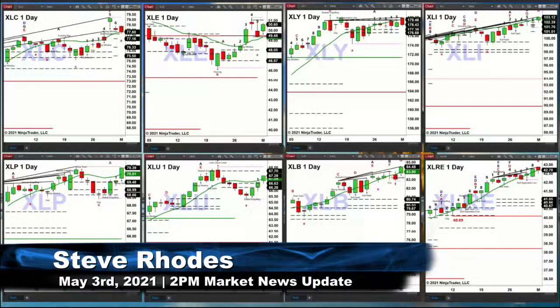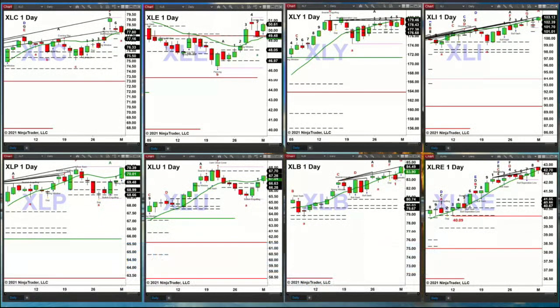Let's start with the weak link, the weakest sector, not the least weighted sector. Actually, I don't know the exact weightings any longer. But the XLRE, let's just start at the bottom right. The XLRE is going to form a TD9 count pattern today. Price will need to close below that green oscillator unchanged line in order to suggest a top. So we've got a potential top there. If there's going to be a top in the S&P 500, we should see topping signals inside the sectors. Now, these are the weakest, the least weighted sectors, I should say. The XLB, you've got wave number 7 as a signal out here, but first we have to close below 83.90